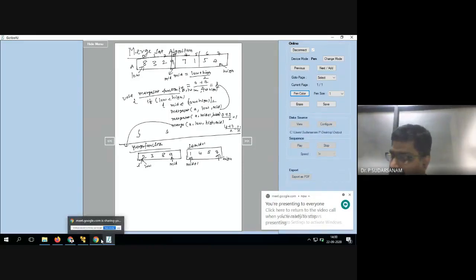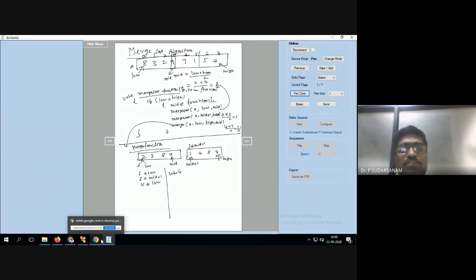So now how to write this function? You see it here. Now the initialization values: i is equal to low, you write it. j is equal to mid plus 1. That's what I have written here. Now k is also one more variable, which I have taken as low. Now we have to write the condition, the programming part. Now see here, I will put one while loop. See here, in the first part, the i value can move up to mid. Now you see only this recent example: the i value can move up to mid. So you write it: i is less than or equal to mid.